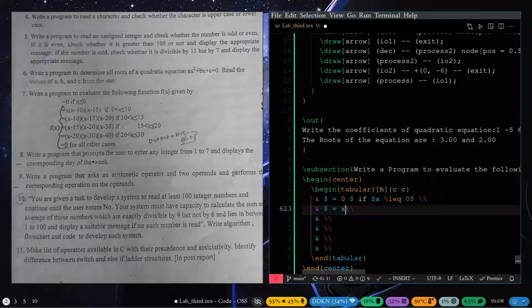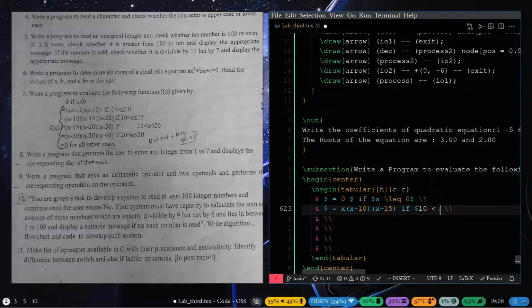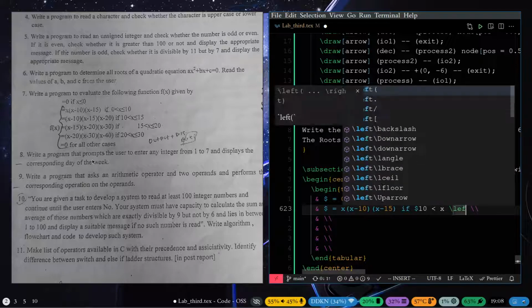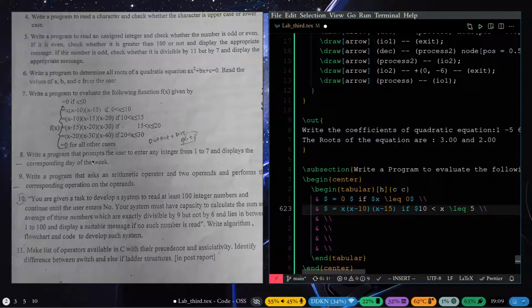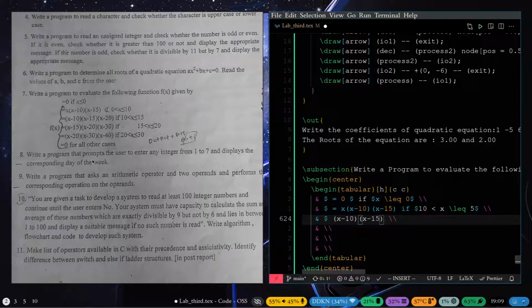It is equal to x minus 10, x minus 15 if 10 less than x less than or equal to 5, right? Similarly, this one is going to be x minus 10, x minus 15, x minus 20